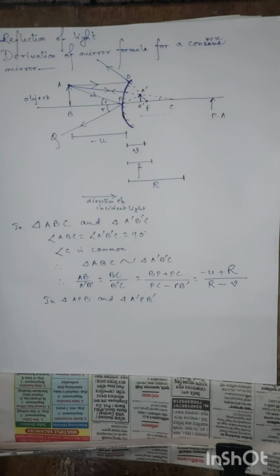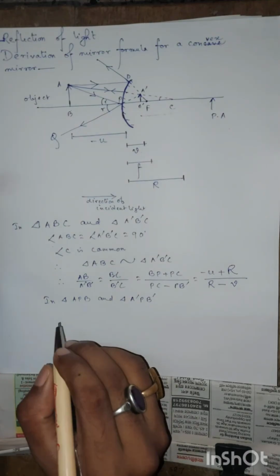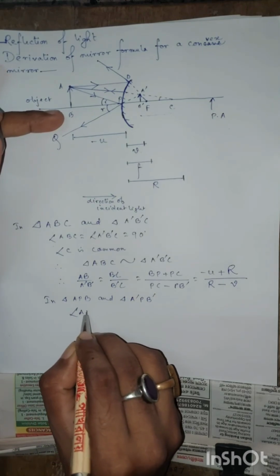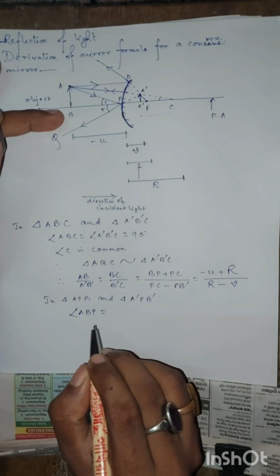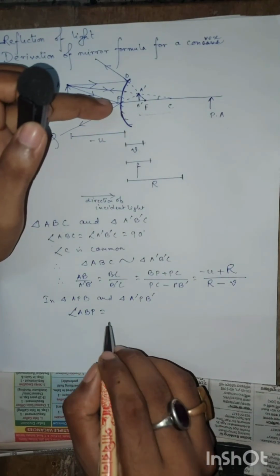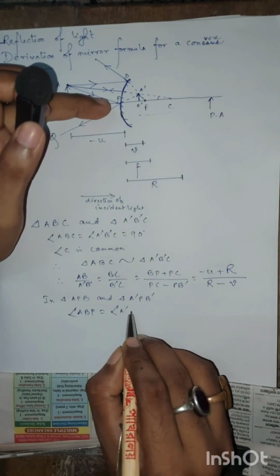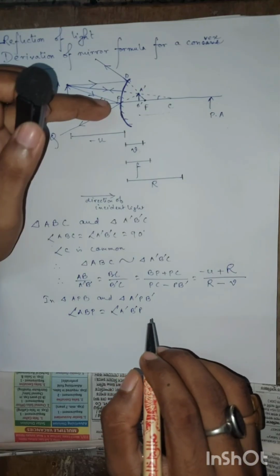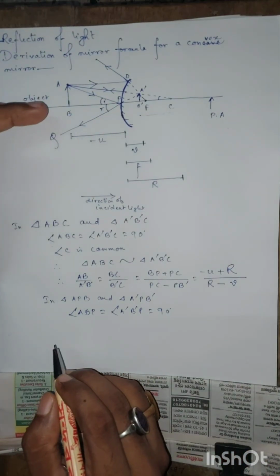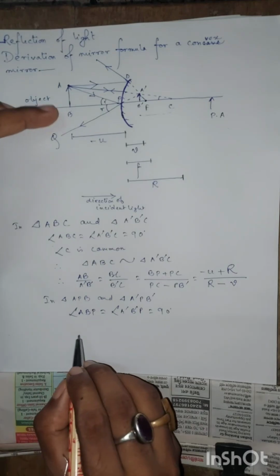We can say, number one, angle ABP is equal to angle A dashed B dashed P, equal to 90 degrees, and angle APB